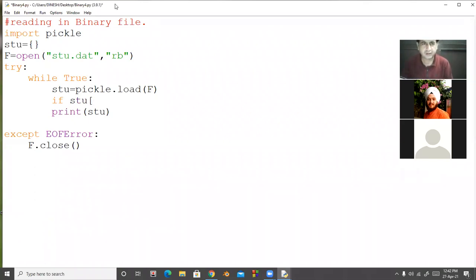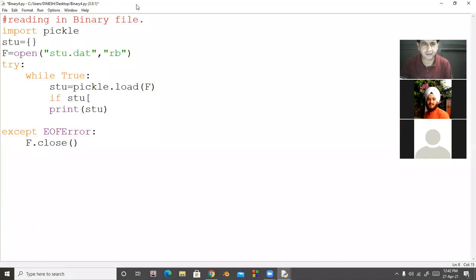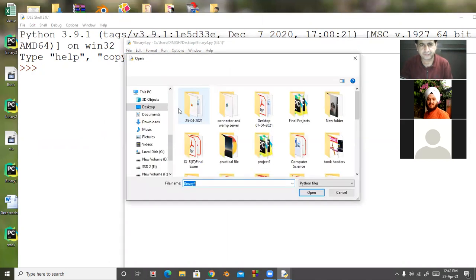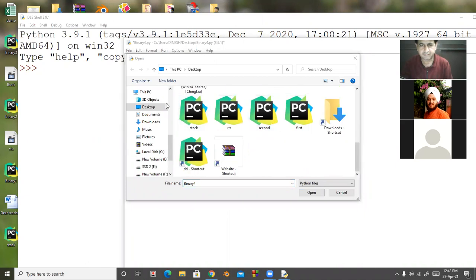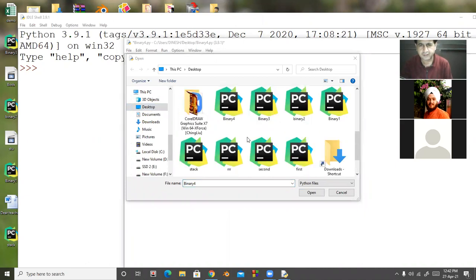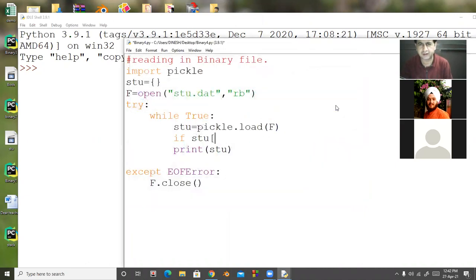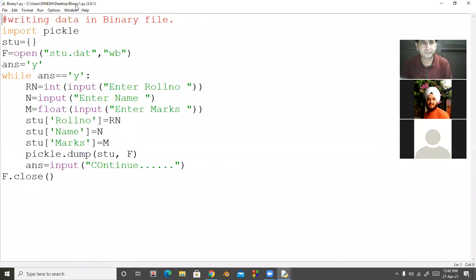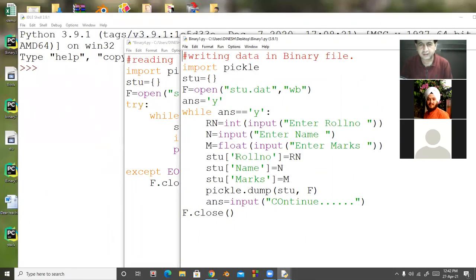So here the fields are at the time of writing the data. There is a binary file 1. Look at here. At the time of writing the data, the fields are roll number. So what I am using here, stu roll number.